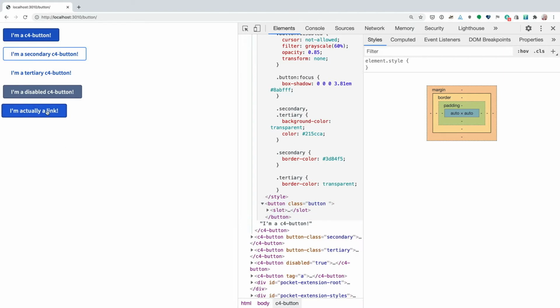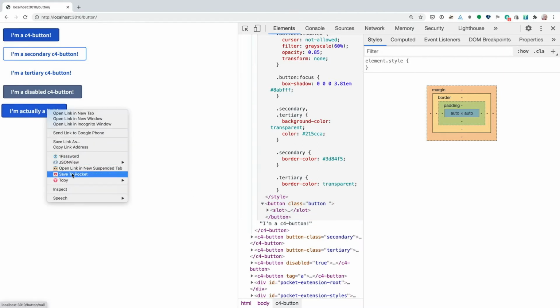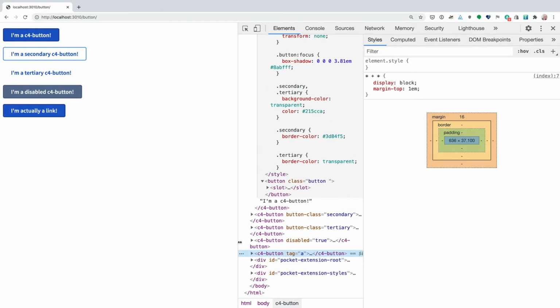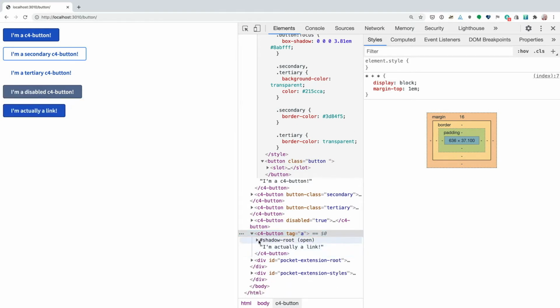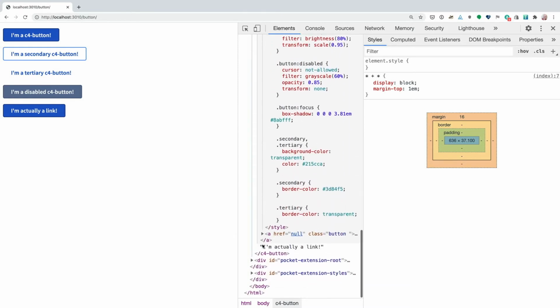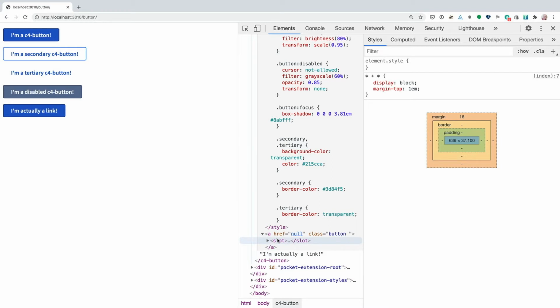If we look at the link that looks like a button, and we look inside that particular instance of the C4 button, we'll see that in here we again have all those styles, but the markup is actually an anchor tag. So that's sort of the basics of how this button is done. There's a lot more to components and they can be much more complex than this, but that gives you a general sense of how web components work.